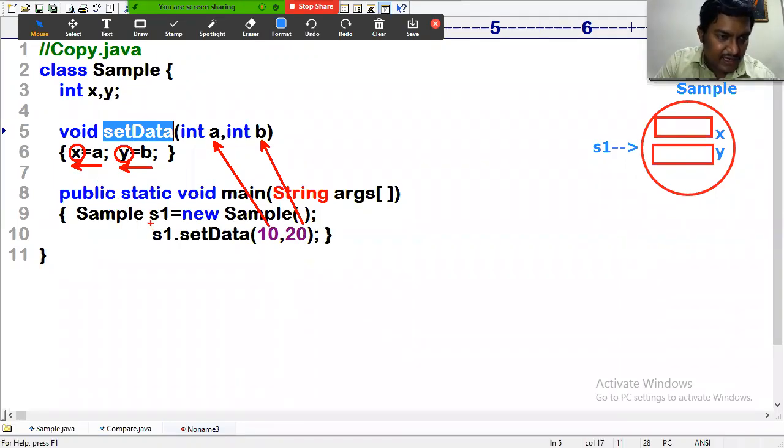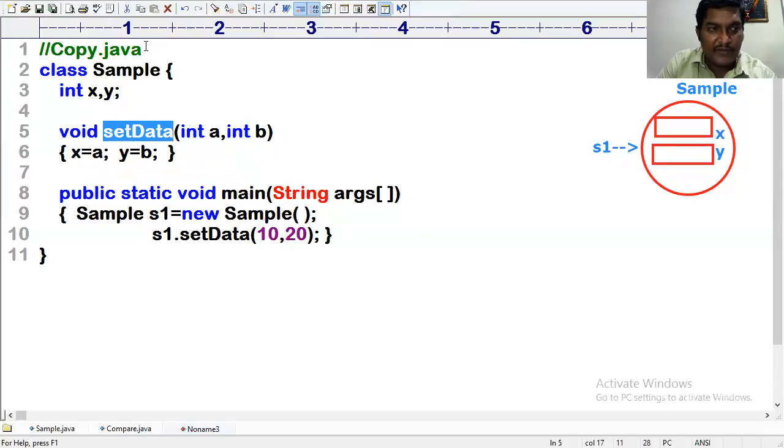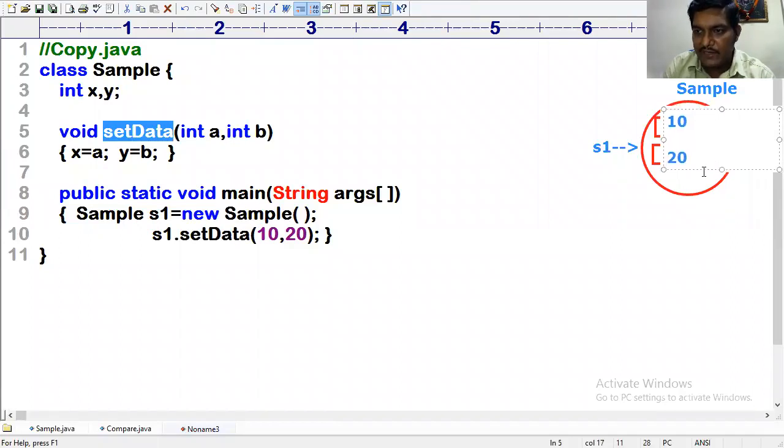This method is called by s1. So x is a member of s1, and y is a member of s1. Then x of s1 is initialized with 10, and y of s1 is initialized with 20. This is what exactly happens.